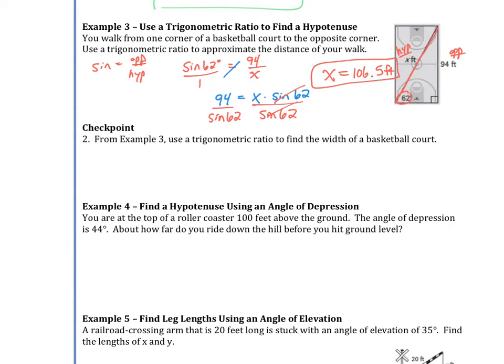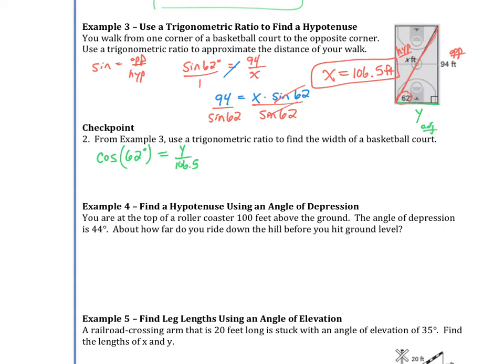Okay, checkpoint 2. From example 3, use a trigonometric ratio to find the width of the basketball court. So if we're looking up here, what we're trying to find now is this side. Let's call that y. And that is the adjacent side. So the adjacent and the hypotenuse would be cosine. So we're looking for the cosine of 62 degrees. And the adjacent side is y, and the hypotenuse is